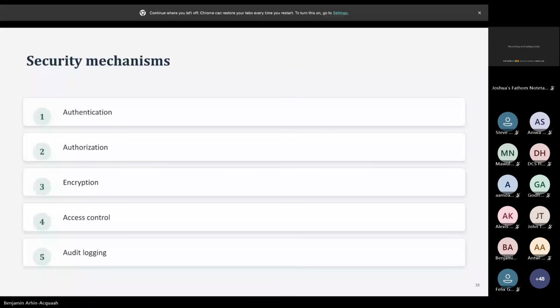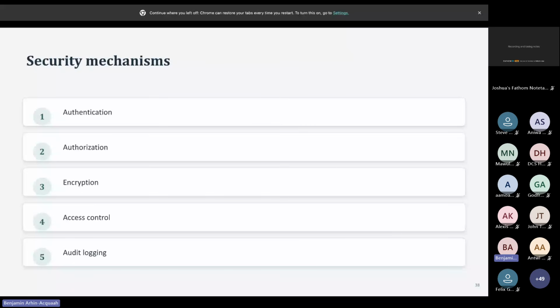Now, in the context of, what's it called, these are all security mechanisms, which fall under non-functional requirements. In the context of this hackathon, depending on the system you decide to build, you may want to implement audit logging to also keep track of certain things happening in the product.